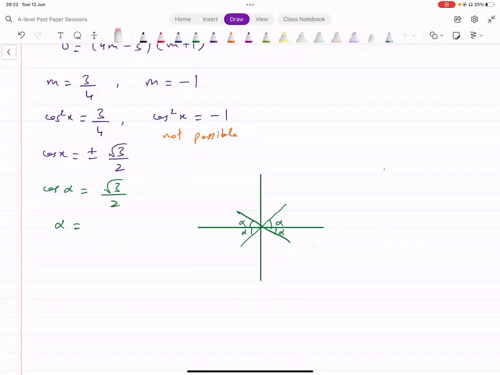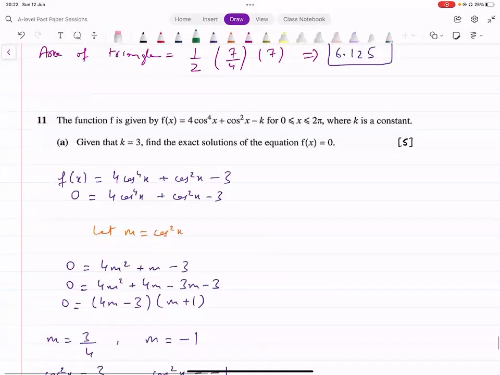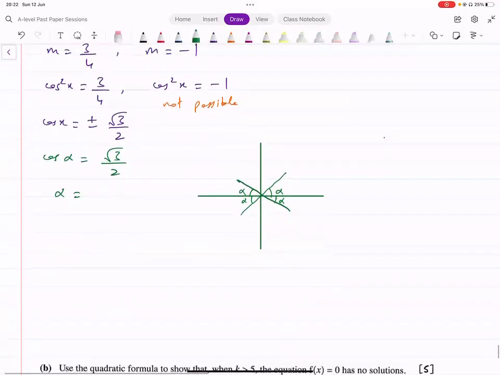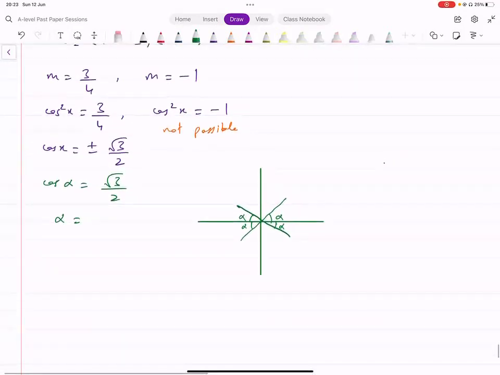Okay, so you can actually remember this value as well. This is actually one of the common values of cos, which corresponds to 30 degrees or pi over 6. But if you can't, you should have a calculator that gives you an exact result, because you do want exact answers here. In this case, I'm getting alpha equal to pi over 6. So I could either be here, this is pi over 6,